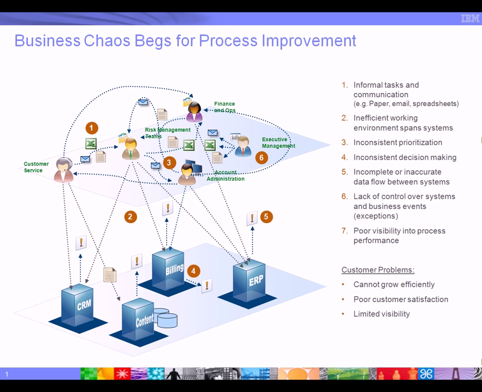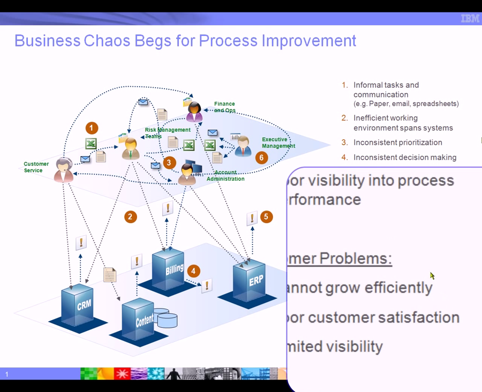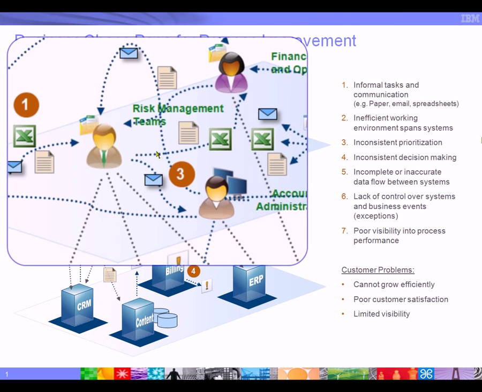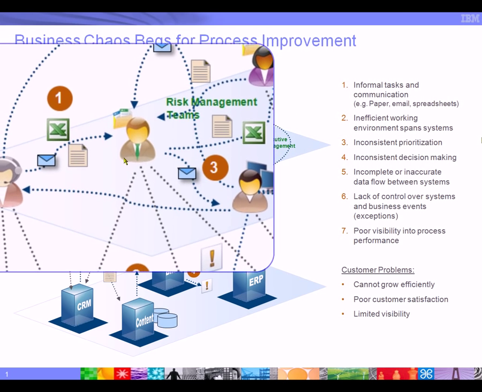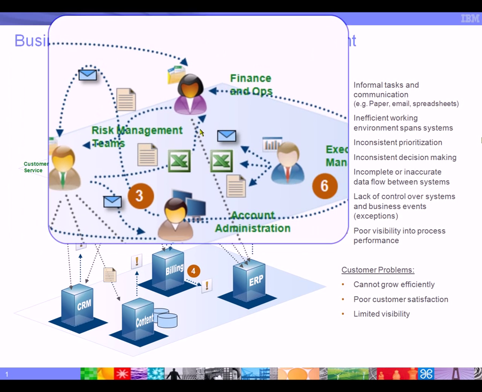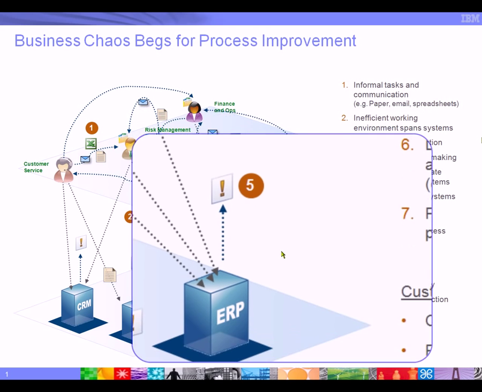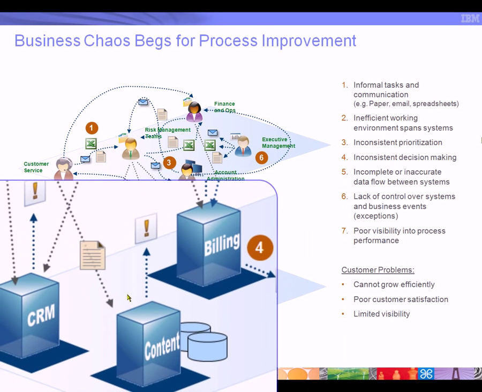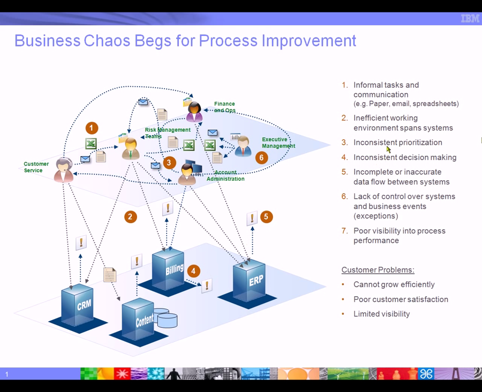So let's get started. Here's a visual representation of a typical business process without business process management. You can see in the top layer that we have people collaborating in an ad hoc fashion, sending emails around with file attachments and spreadsheets. And on the bottom half of the diagram, you can see different systems that they access in a very ad hoc fashion. In a typical business process, many of the tasks are informal. It can be very inefficient. There's inconsistent prioritization. It's hard to really know where the process is exactly because there's poor visibility into the process